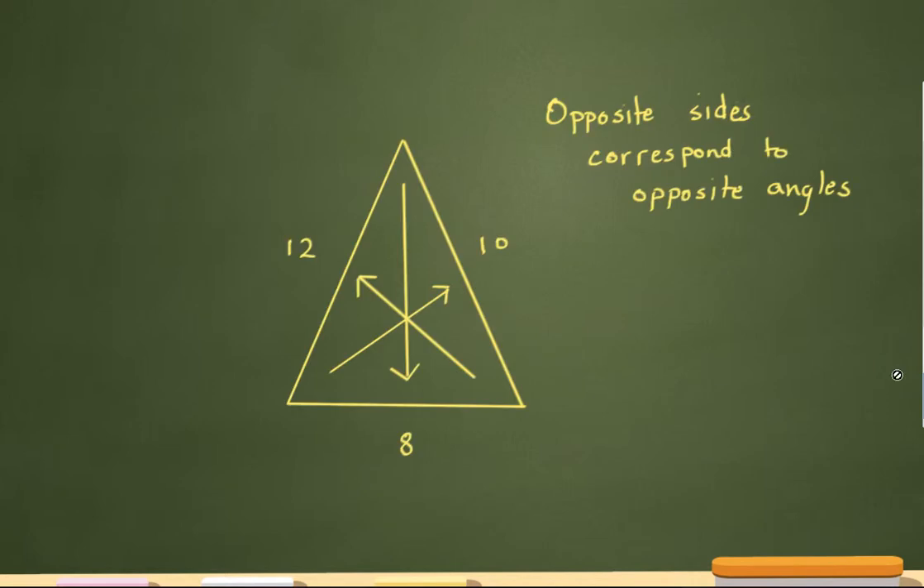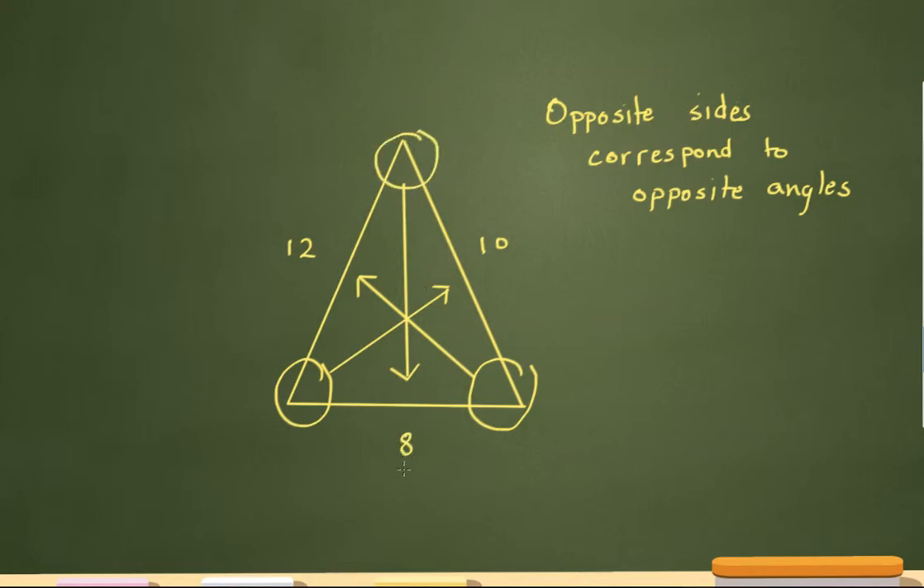Now, another fact would be opposite sides correspond to opposite angles. What exactly does that mean? That means that this angle over here corresponds to this side. This angle corresponds to this side, which is the opposite of it, and this angle up here corresponds to this